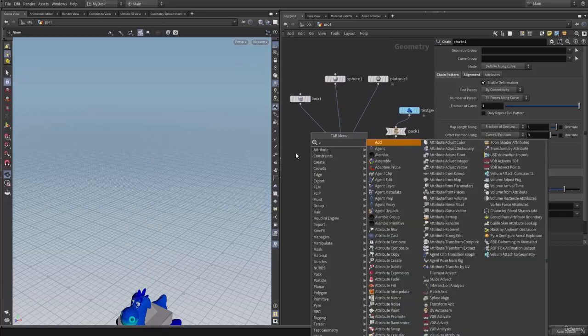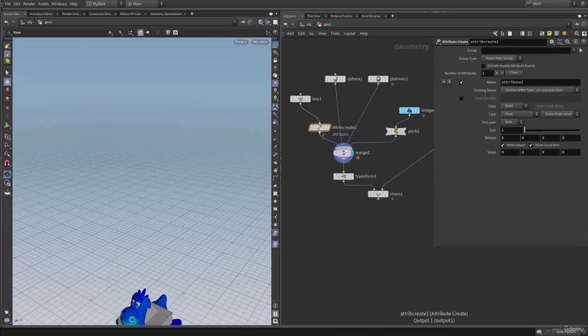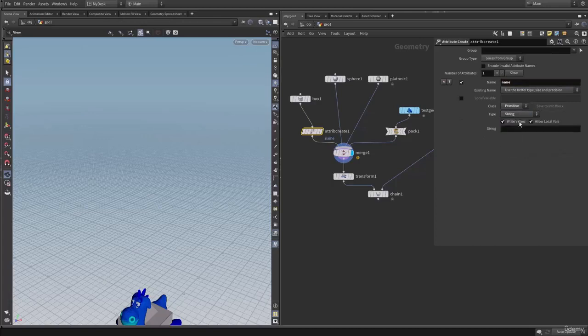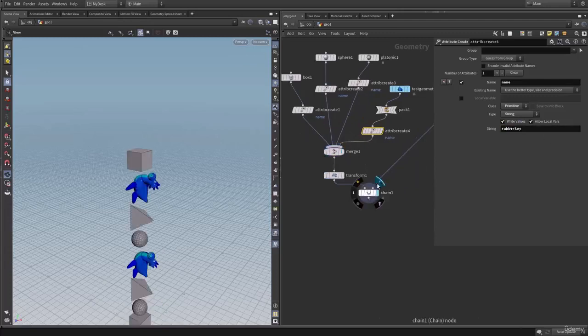So let's create an attribute create node, and let's connect that, and let's set the name to name, and it should be a primitive, and the type set to string. Let's name our box to box. Let's duplicate this node, connect it to the sphere, and let's change this to sphere. Duplicate again, and here let's name this to platonic, and here let's set this rubber toy,